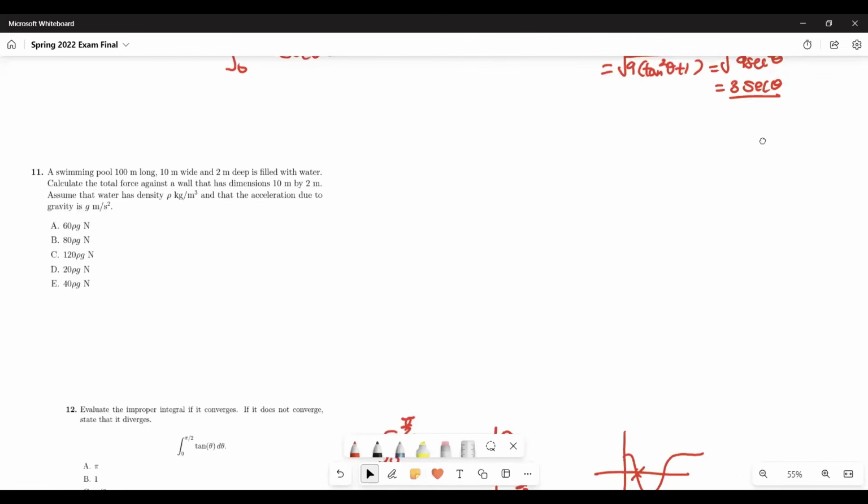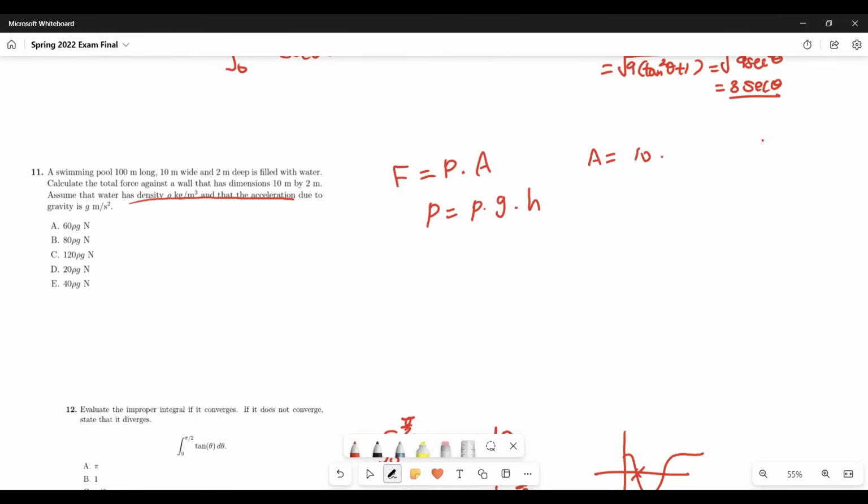Okay, this question asks to find the total force against the wall. So the force equation is the pressure times area, where the pressure is just going to be P, the density times gravity, and then times height, which is h, because the height is the one that is changing, and the area will be